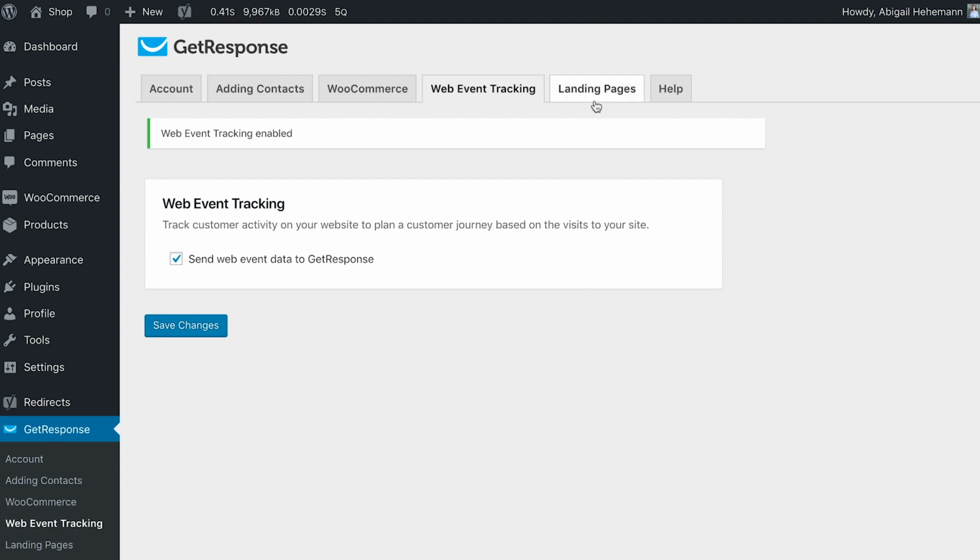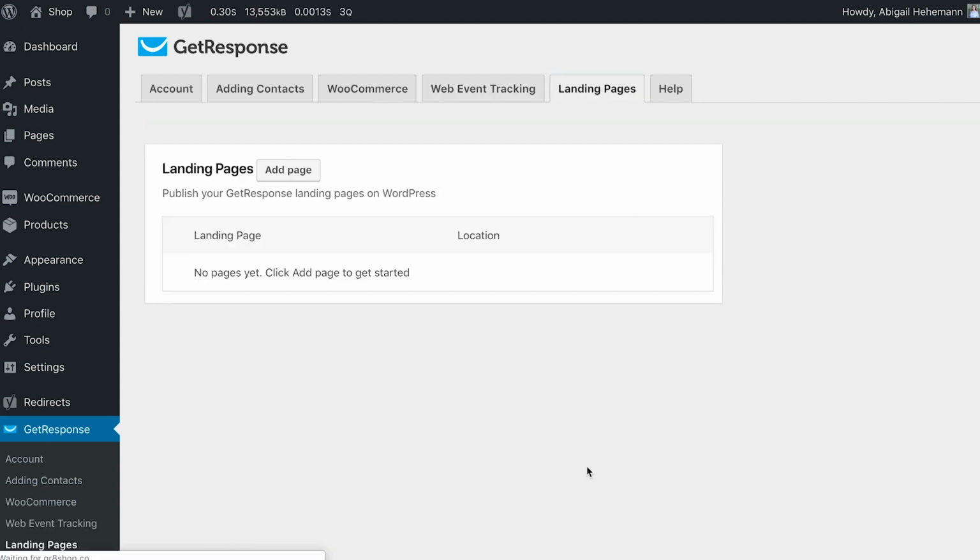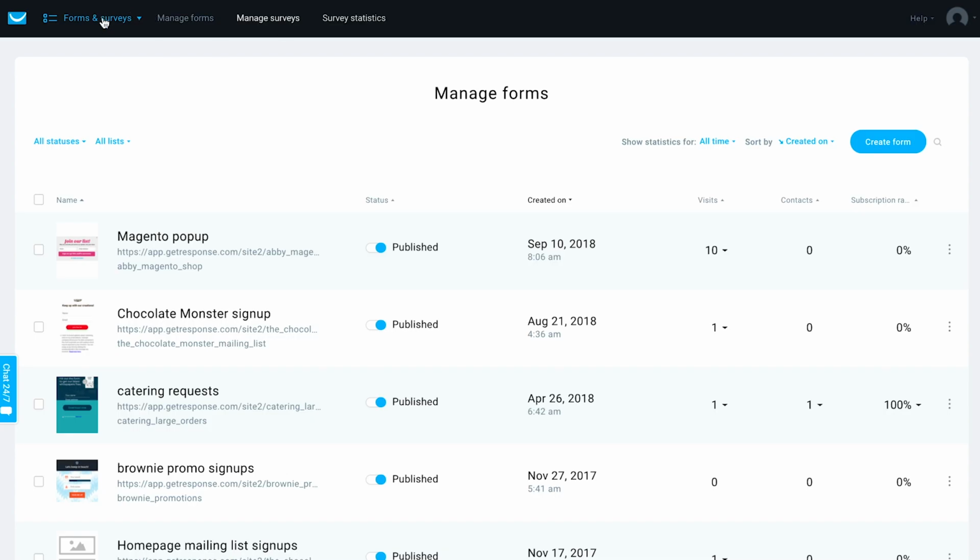And then our next and final tab is landing pages. So this is where you can actually publish GetResponse landing pages on your WordPress site. So this is really cool. You do not have to code or alter your theme to be able to add a page to your site, because if you've got GetResponse landing pages,